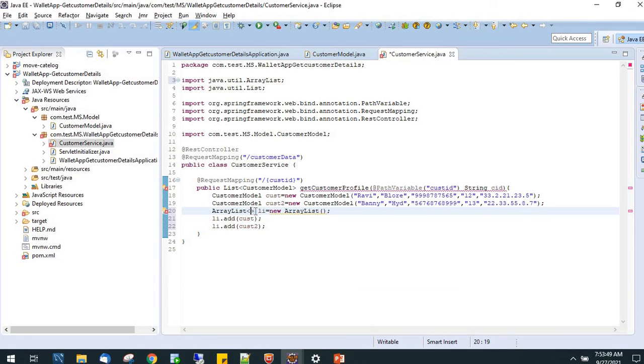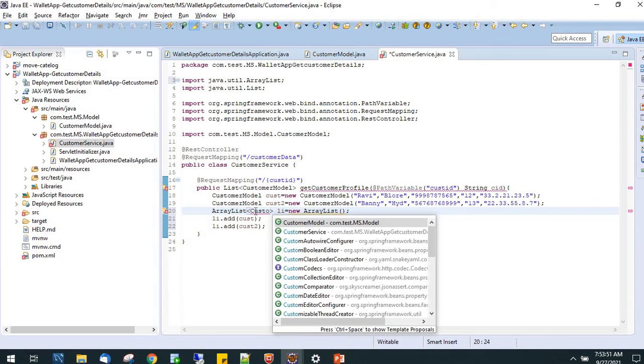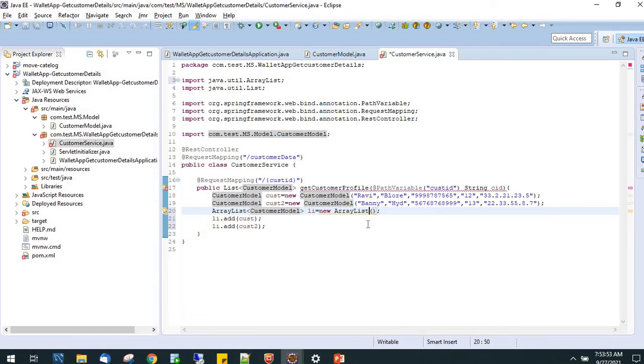Here you just give that POJO customer model. Yes, this is generic. So now we have to return this list object, correct?